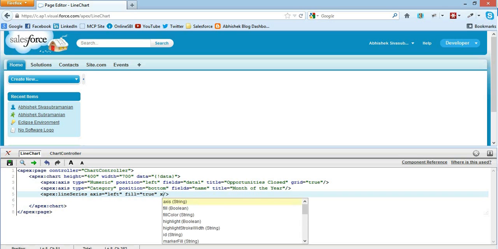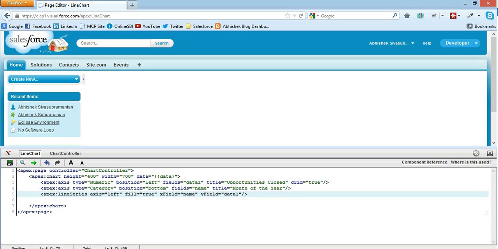I'm just going to show you how all these fields act. The X field, as you know, we have to say which axis it is binding to. So X field is going to be name, and the Y field is going to be data 1, because that is going to be the vertical axis,